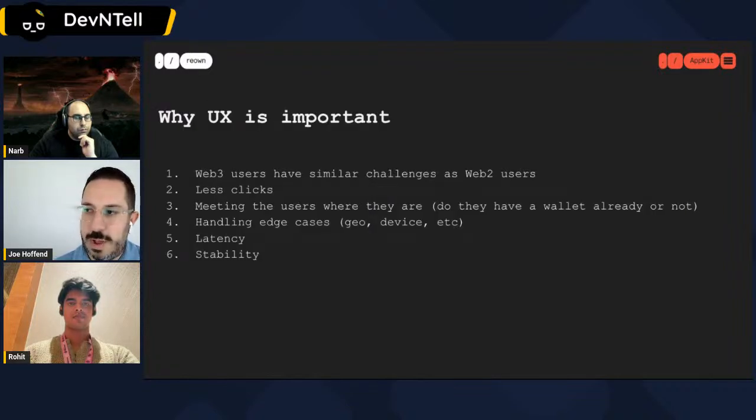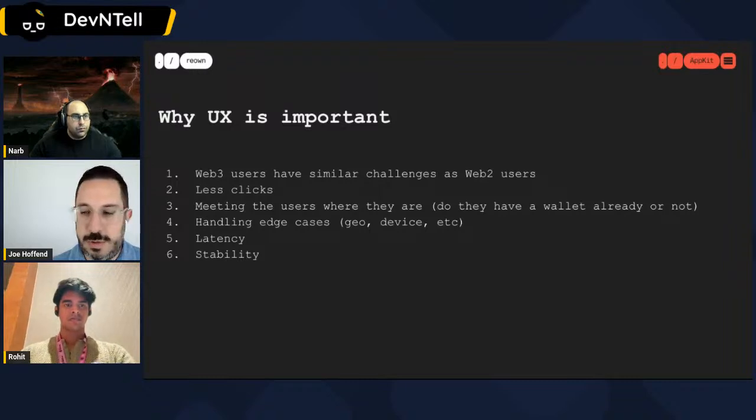We talked about how Reown is really focusing on UX, but why is UX so important? Well, it may seem somewhat obvious, but we still have a ways to go in Web3 compared to Web2. When you're building a Web3 experience, there are basic expectations that users have when it comes to things they do in Web2. Being able to easily register, log in, not having so many clicks to work through, that's a pain point with a lot of the different wallets and experiences we have now with connecting and signing messages. So we feel it's important for us to play a role here in providing tools that allow you and ultimately users to have just the best experience possible.